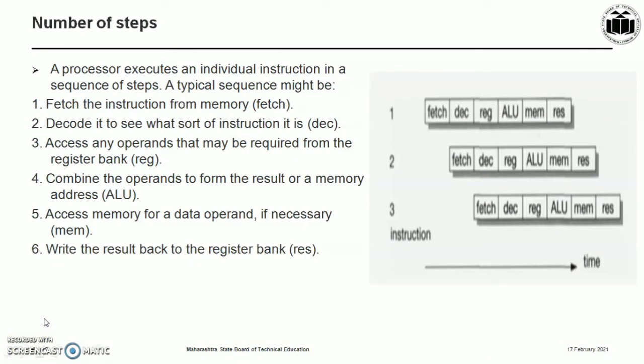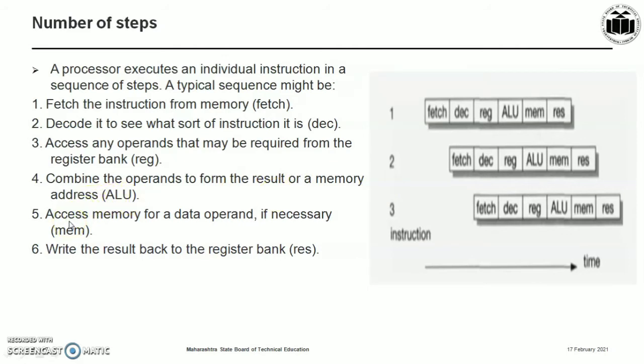Let's see the number of steps we have just discussed. A processor executes an individual instruction in a sequence of steps, and the sequence might be: fetch the instruction from memory, opcodes and operands; decode it to see what sort of instruction it is; access any operands that may be required from the register bank; combine the operands to form the result or a memory address.